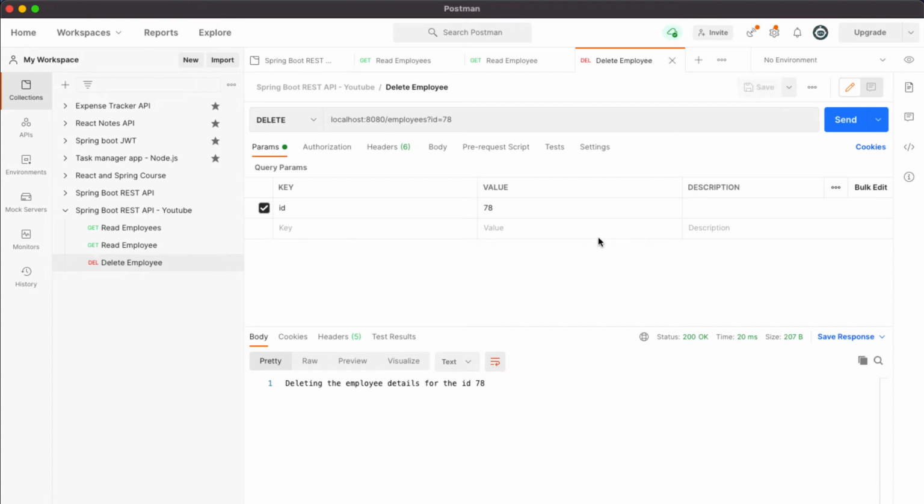Let's save this. Alright, so now we have created the collection, and inside the collection we have added the HTTP requests. So we have read employees, read employee and delete employee.